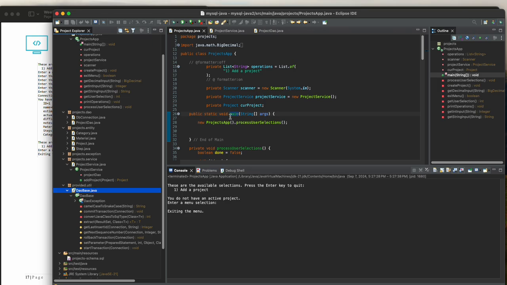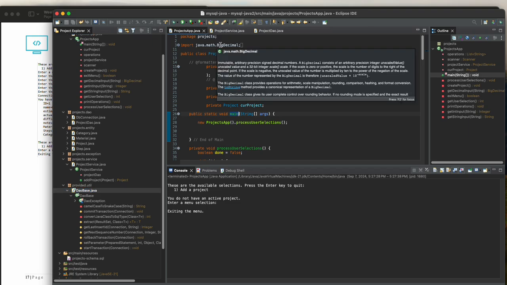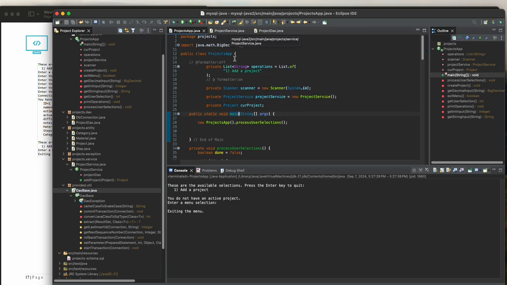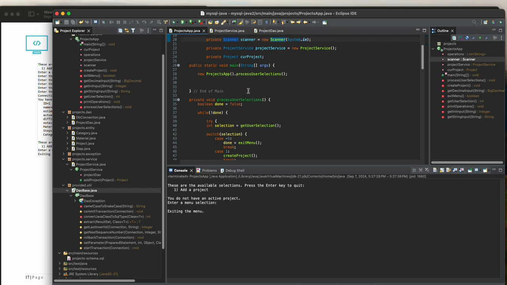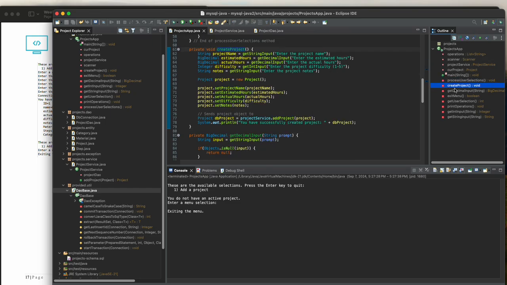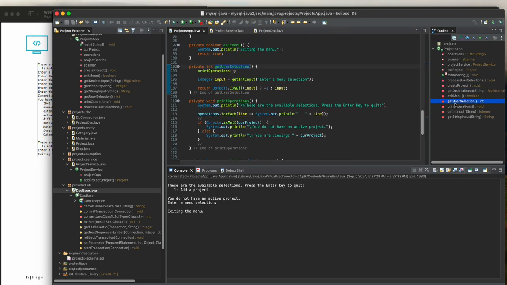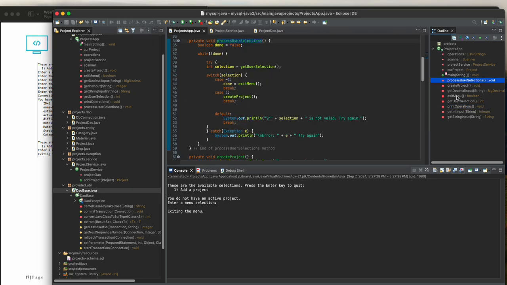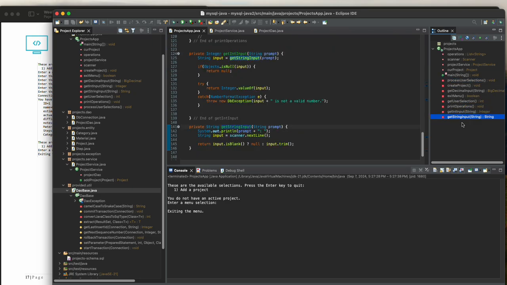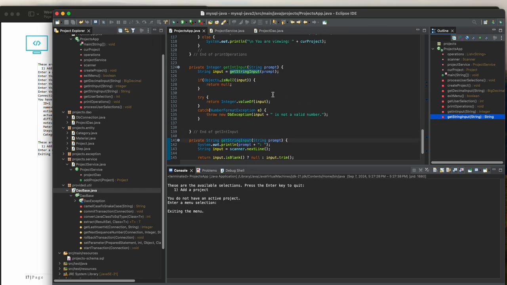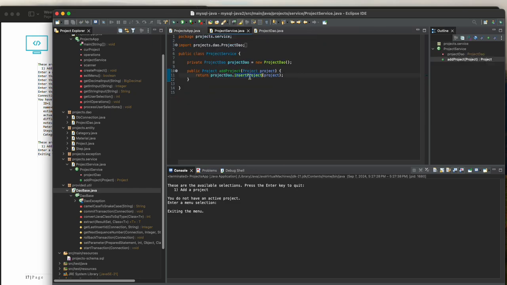And for the coding this week, there were 3 classes: the project's app, which has the main method. This also has the scanner, as you notice. It has multiple methods that we created, I have over here, including things like process user selection, exit menu, get int input, and get string input, among others. Then there was the project service class,